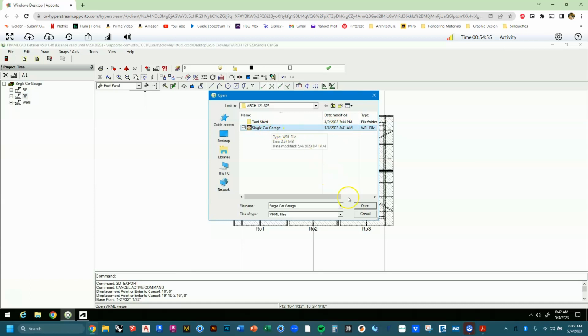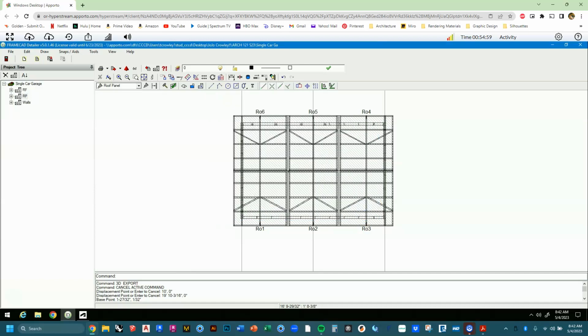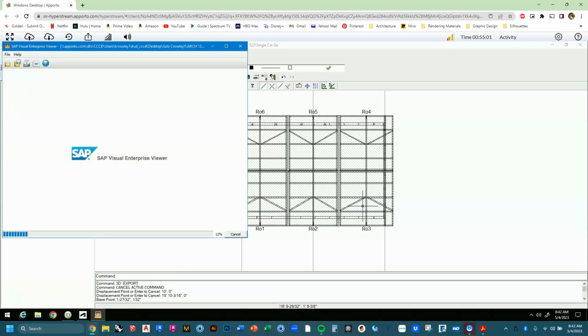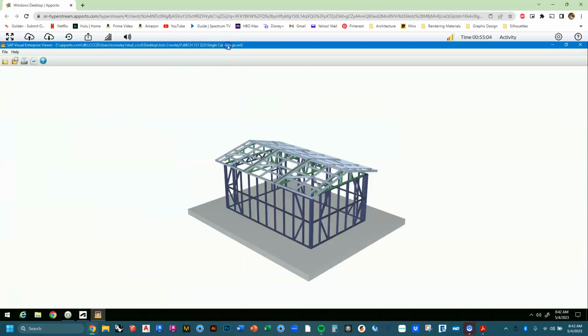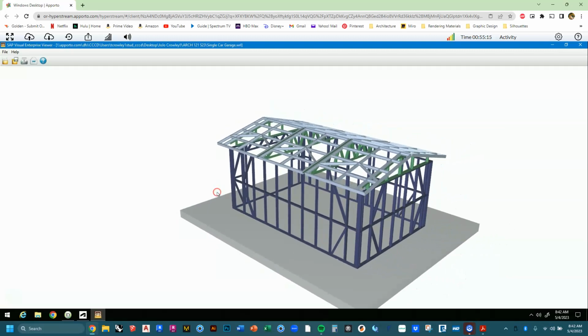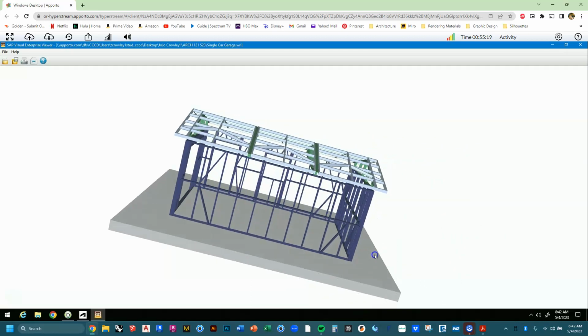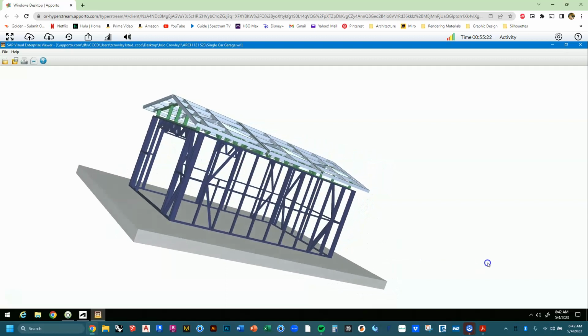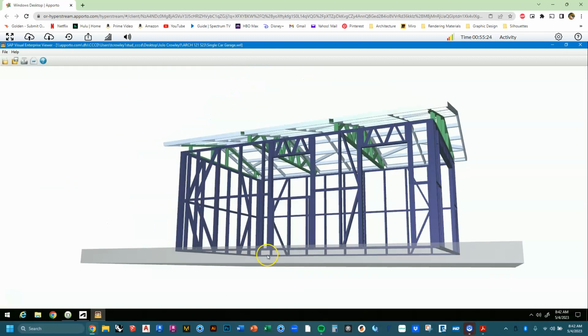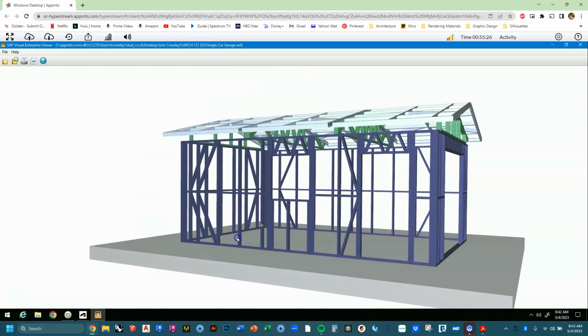And so I want to select that file that I just created and hit open. And maximize. Okay, and this is the 3D viewer. The way it works is if you right click, you can zoom in and out. You can left click and click and drag, and it'll do this really weird thing. It navigates all funky, but